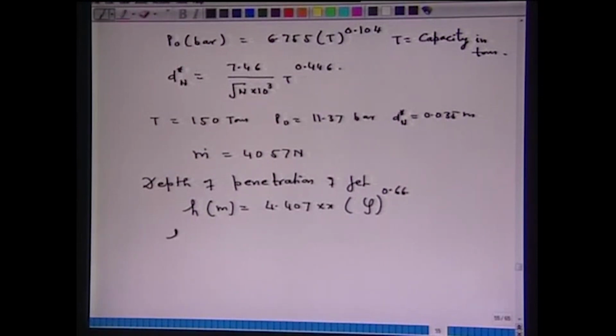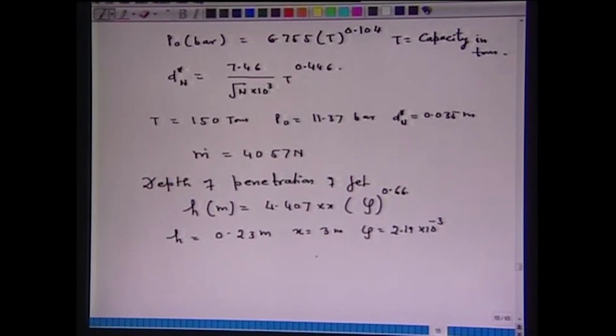So, if I take x equal to 3 meter, and psi equal to 2.19 into 10 to the power minus 3,